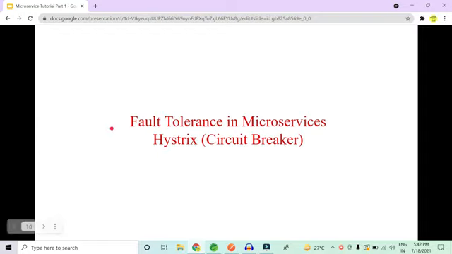So today the agenda of this video is to show you how to do fault tolerance in microservices. In the next part, we will cover API gateways and a way to scale this example of microservice to cloud